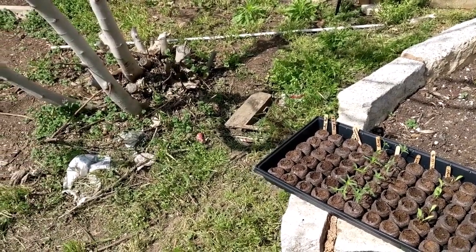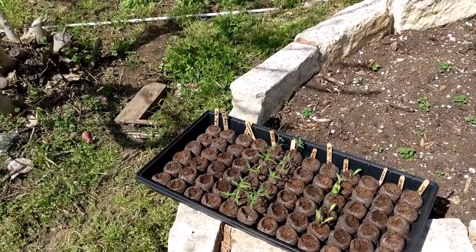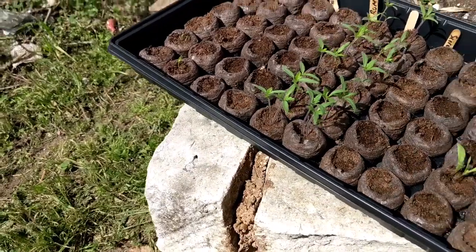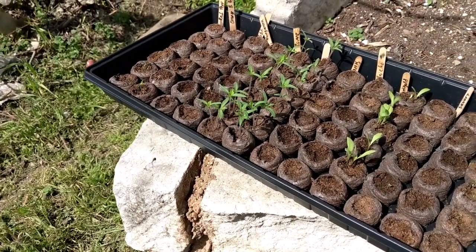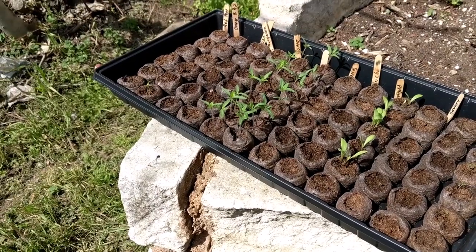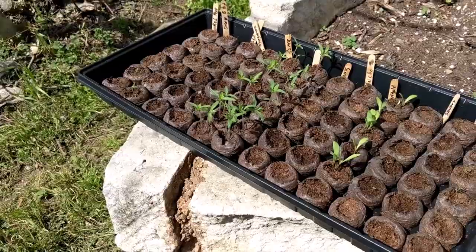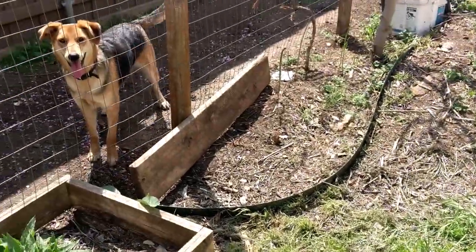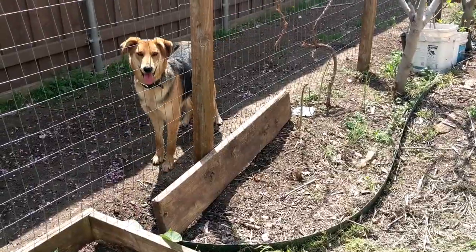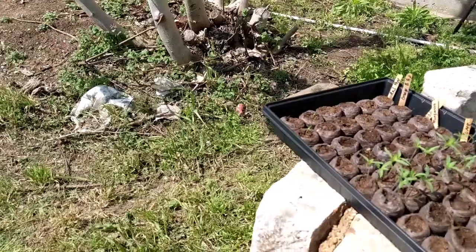Liberty Garden, March 24th. Today I will be transplanting some of my tomato plants that I started about 2 weeks ago in these little jiffy pods. And look at that monster right there. She's outside for a reason, believe you me. But anyway,